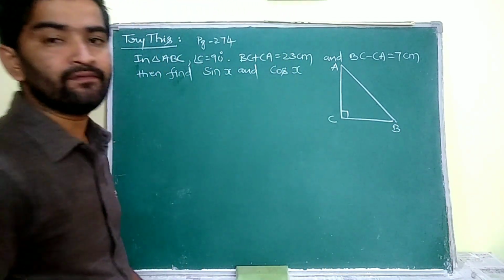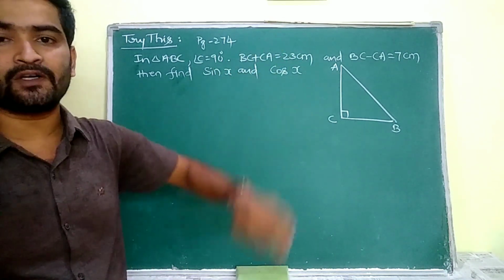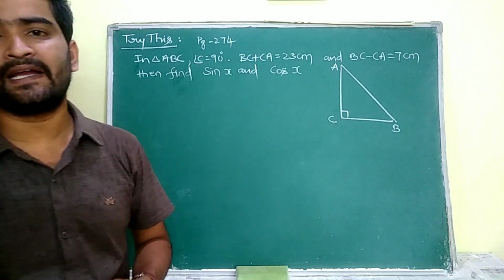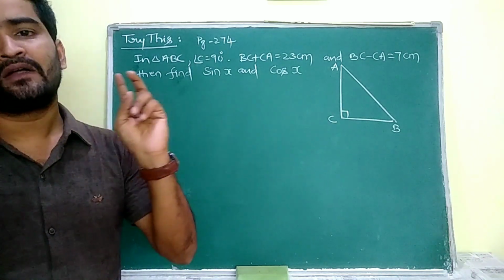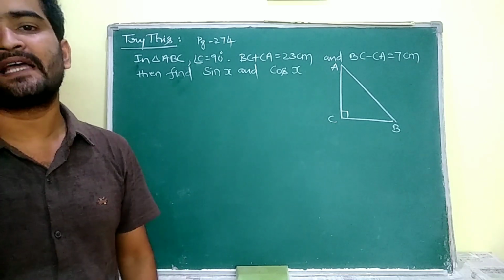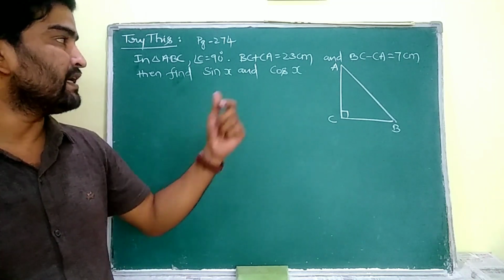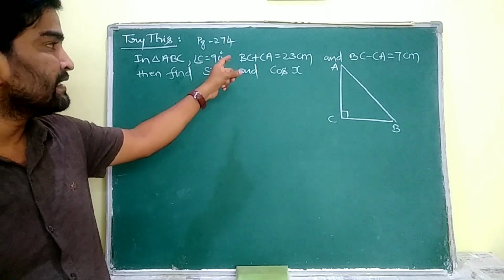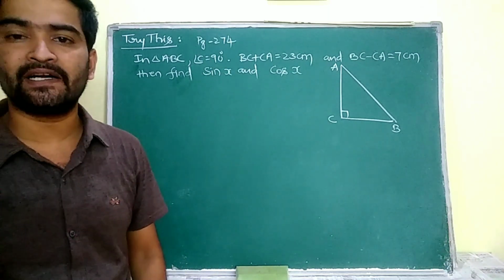Okay, only we know that angle C is 90, and the sum of the two sides and difference of the two sides is given. Now only we have to remember, in any right angle triangle, if we know two values related to that triangle, that means two sides, one side and an angle or two angles, then we will find any value. Okay, but we must know two of the values. But here we are having only the sum of the sides and difference of the same sides. By that we are going to calculate those two sides.